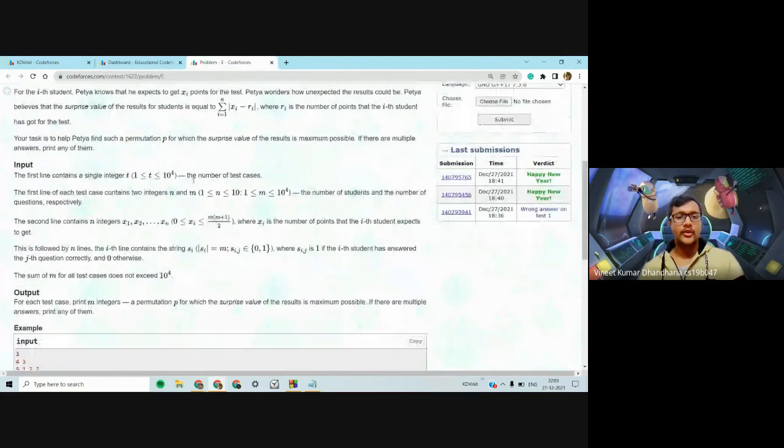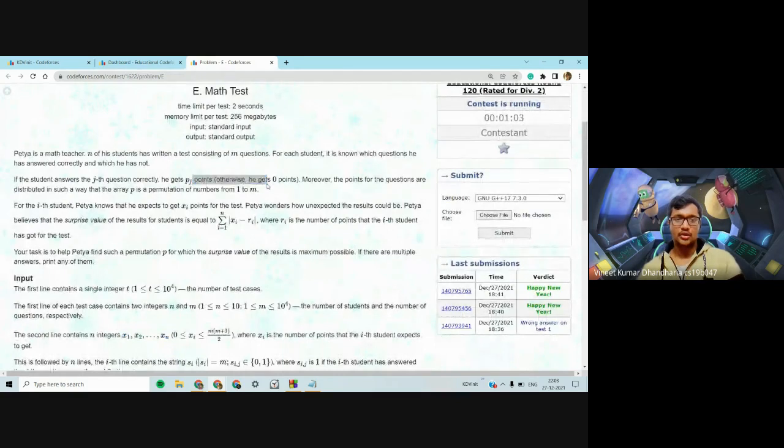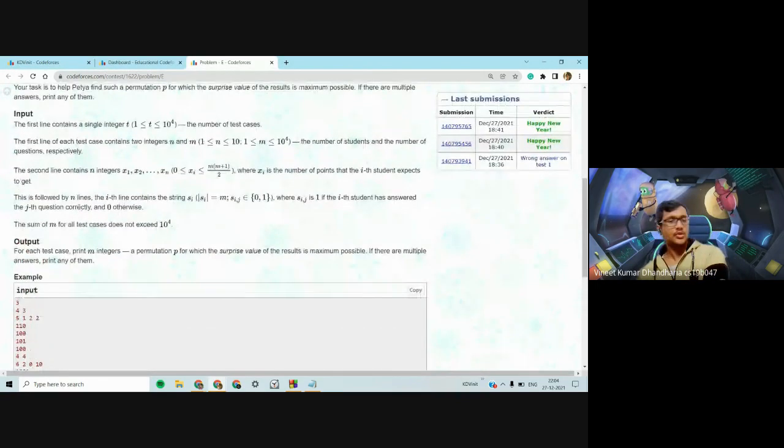Now what you want to do is, each student also has an expectation score. You can assign points to each of the m questions. So I can give 1, 2, 3, or 3, 2, 1, or 1, 3, 2. I can give points to each of the questions such that the points I have allocated form a permutation.